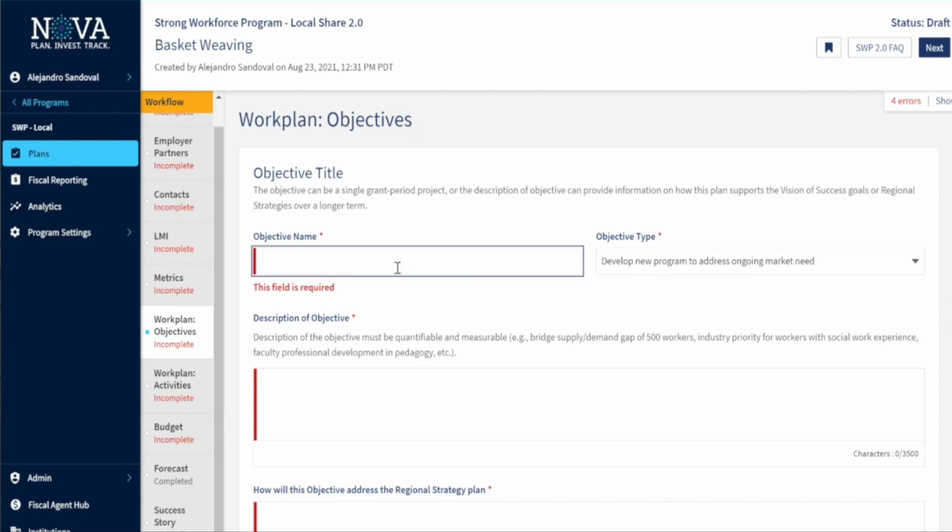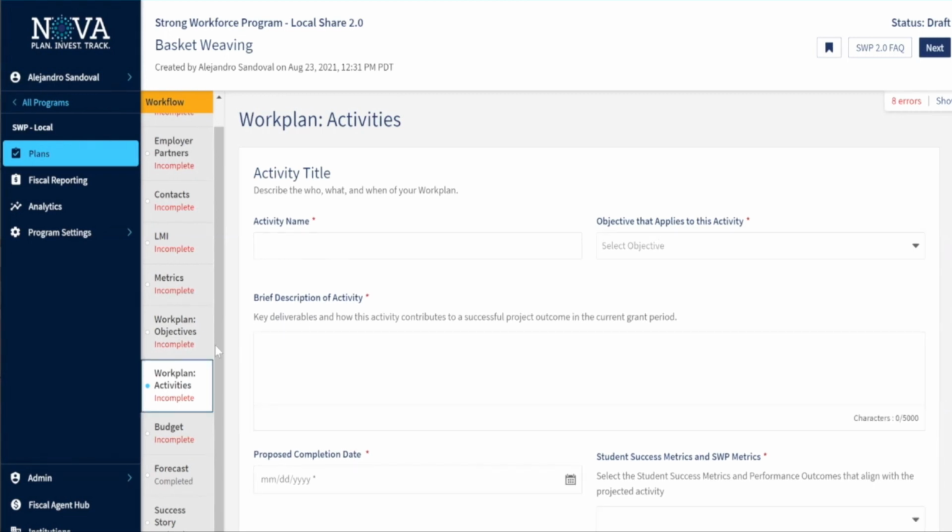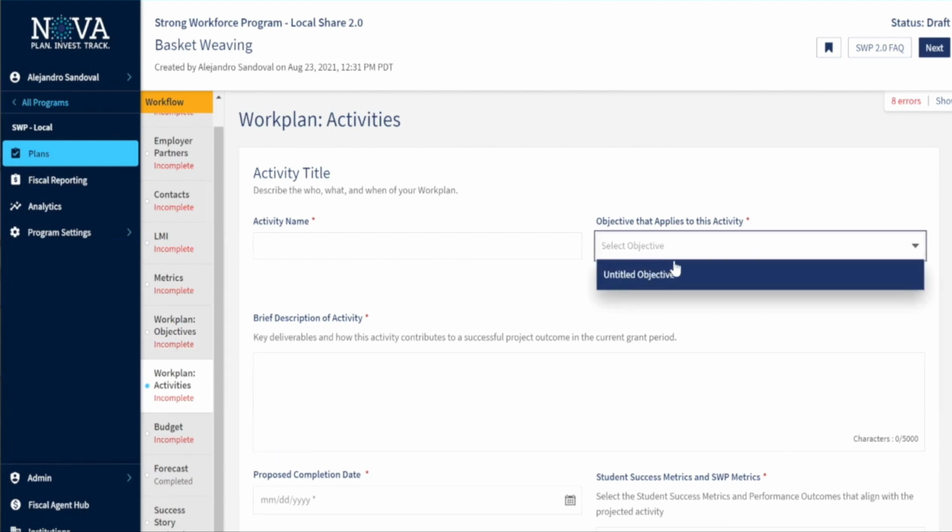The objective name that you choose here is going to dynamically populate as the objective. So once you've entered your work plan objectives, you can go ahead and move on to work plan activities. What you entered as a work plan objective is going to dynamically populate here, and you're going to be able to select the objective that the activity applies to.